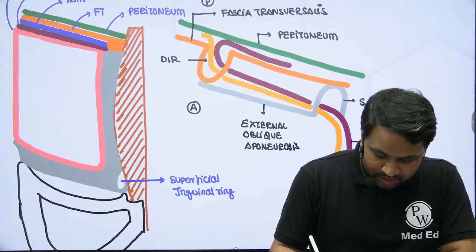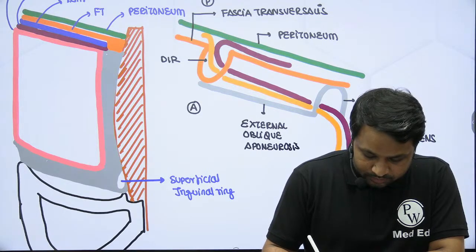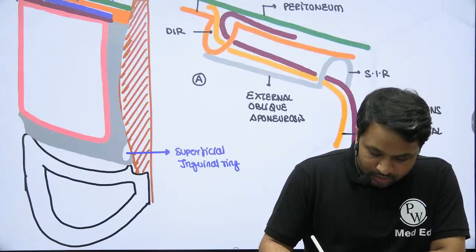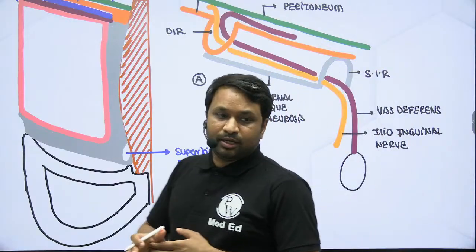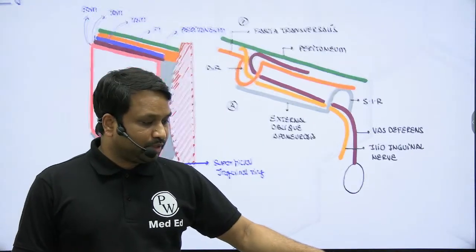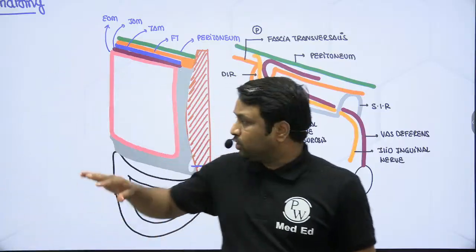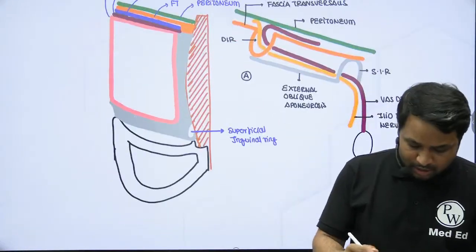This is going to be vas deferens, and this happens to be your ilioinguinal nerve. This is going to be your ilioinguinal nerve, right? So these are the important structural components that you need to know. Is that clear? So this is the anterior orientation of your abdominal wall, and this condensation that you see